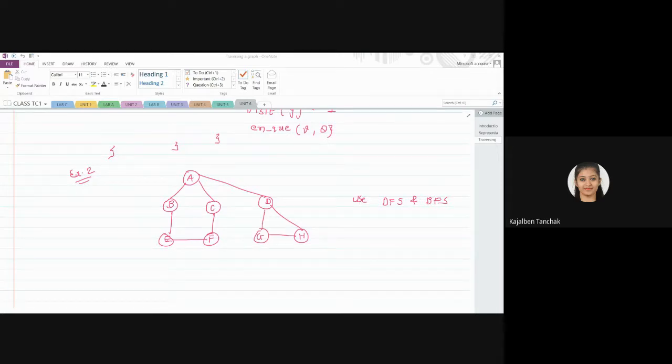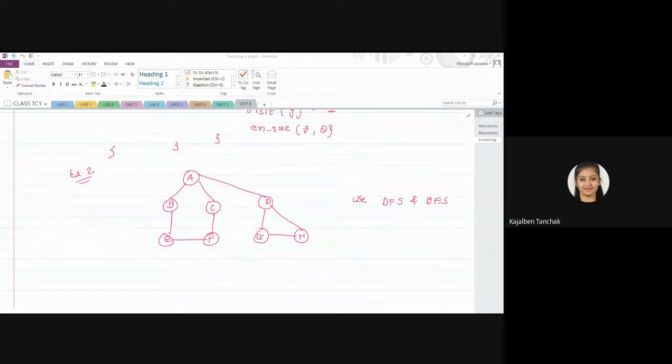Anyone? Using DFS and BFS, have you solved this example? Yes or no? Just respond to me. If no, then try to solve it immediately.